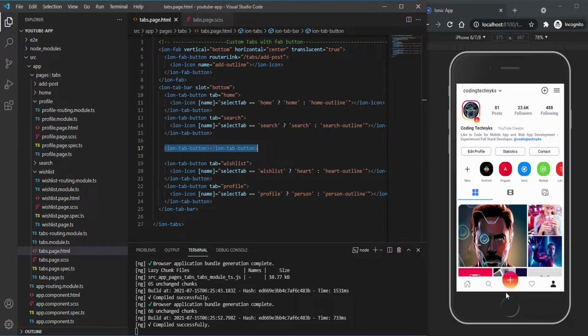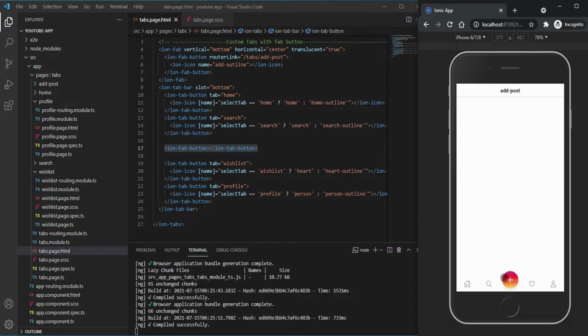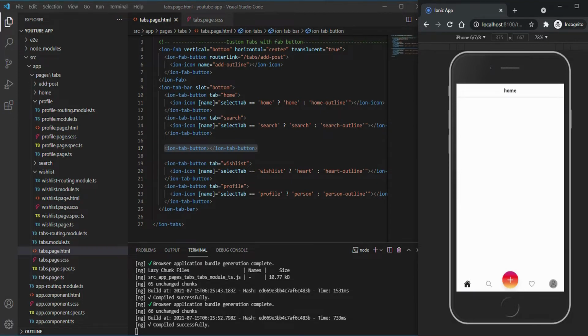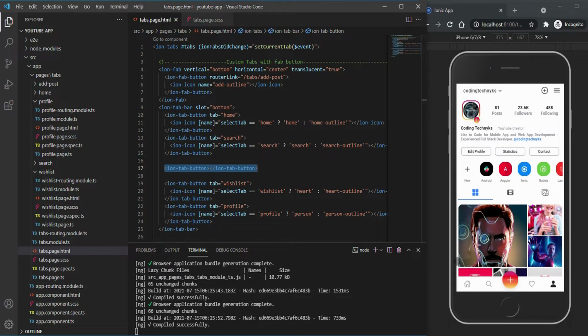Because I have declared another tab which is blank and not visible, since I have not passed any icon or anything, not even a click event. So if you click anywhere else it won't work. Only if you click on this button is it going to work, and it works the same. That's what we need, right?